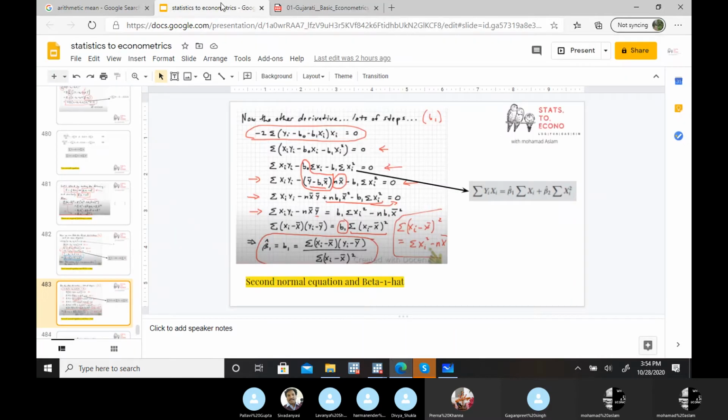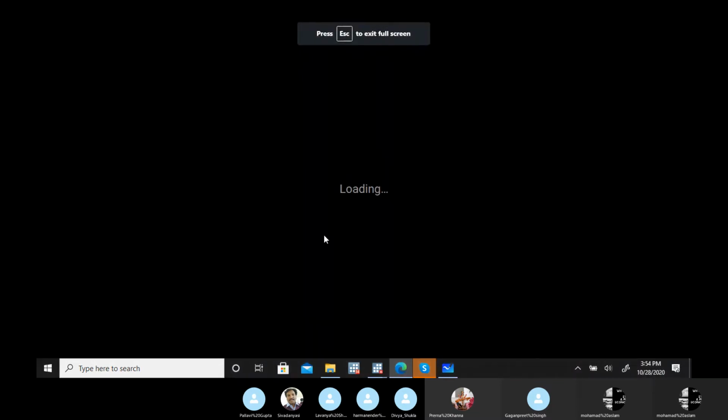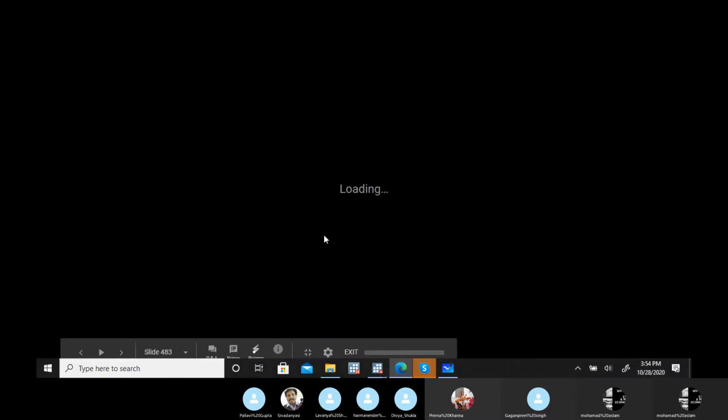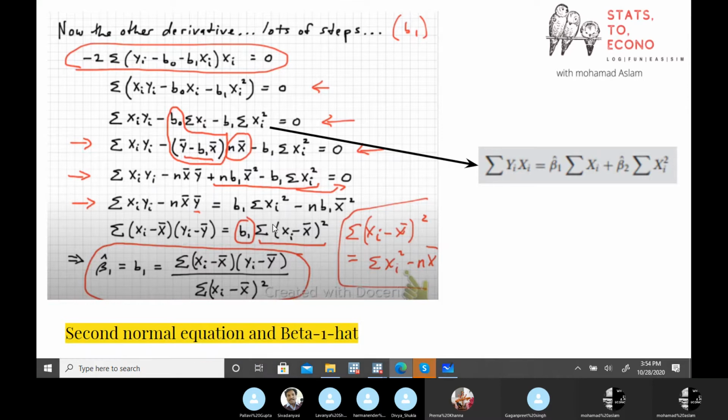The only trick in this estimation is that this term is equivalent to this. Actually, it's not exactly that this term is equivalent to this term. There is an n in the division on both sides, and that will cancel out. So this term is equivalent to this term. So if you